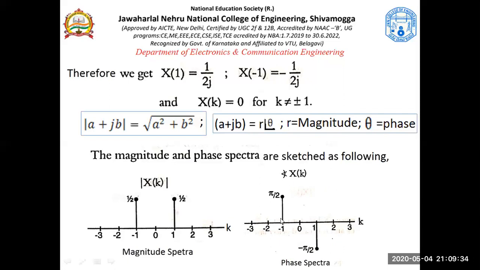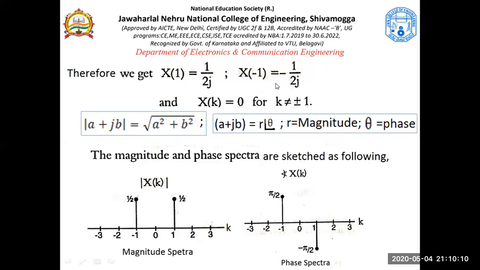Okay, phase at k equal to -1 is pi by 2. Phase at k equal to 1 is minus pi by 2. This is what is called the magnitude and phase spectra plot. There is another way in which we can see the phase. If magnitude of a plus jb is square root of a square plus b square, then its phase is tan inverse of minus b by a. So that can also be done, but this happens to be the easier way of dealing with the phase. That's why I insisted you go with this when you are extracting the phase from these two.